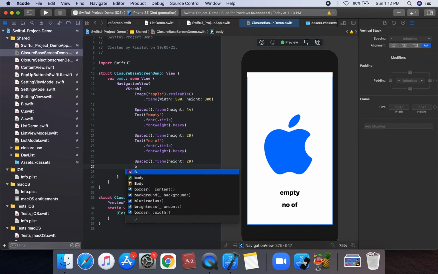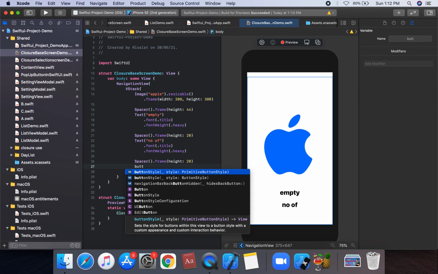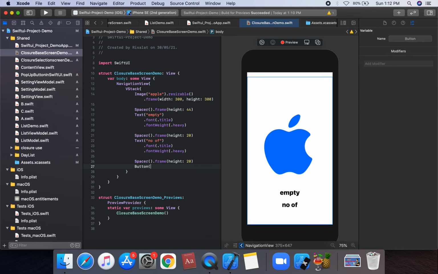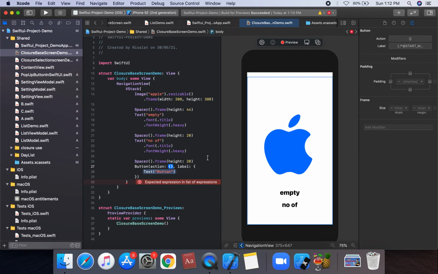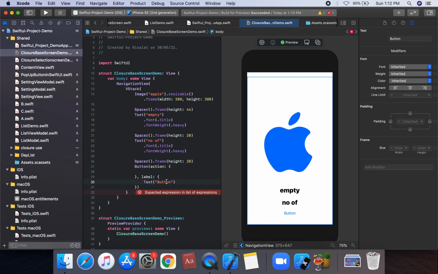Then we create a Button in SwiftUI, which has an initializer with action and label. The button name is Next Screen, Next Set Data.